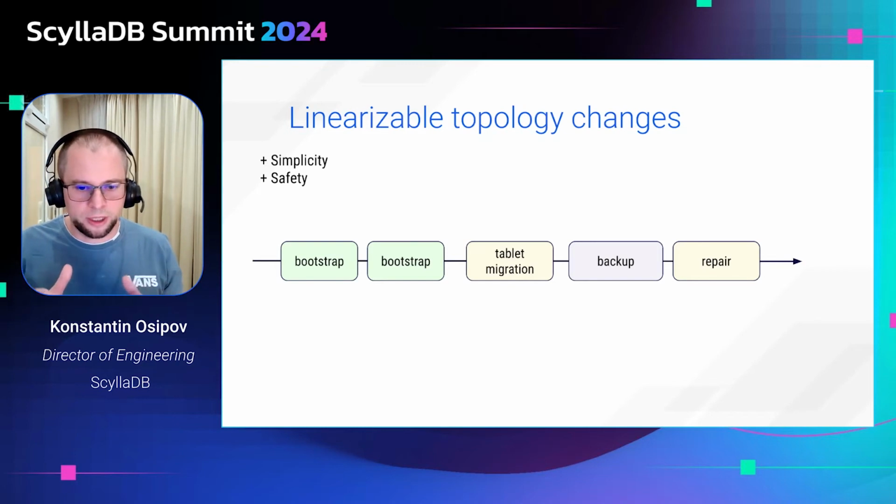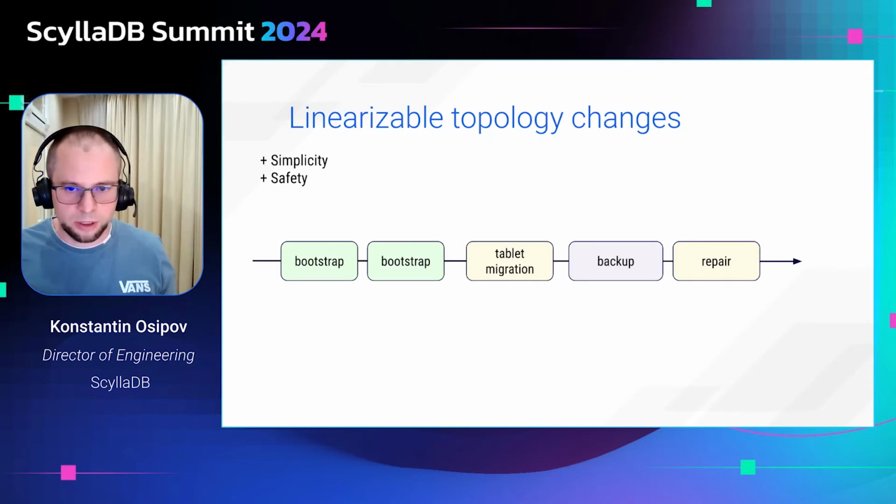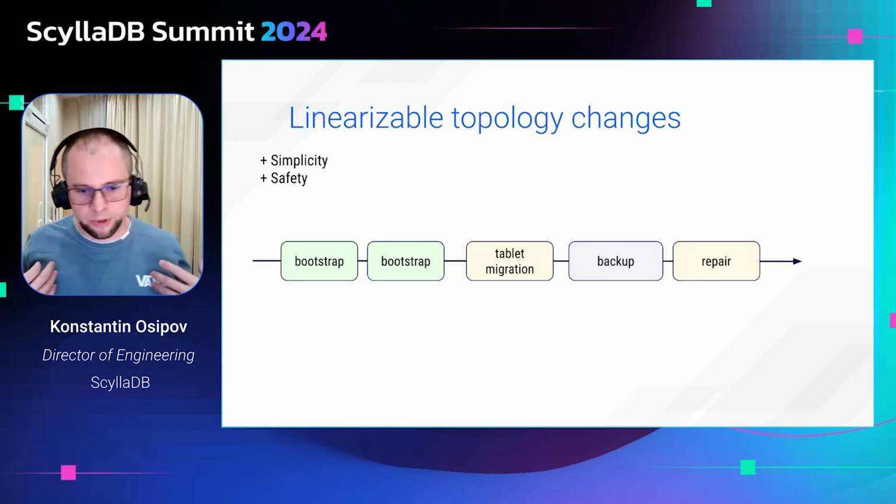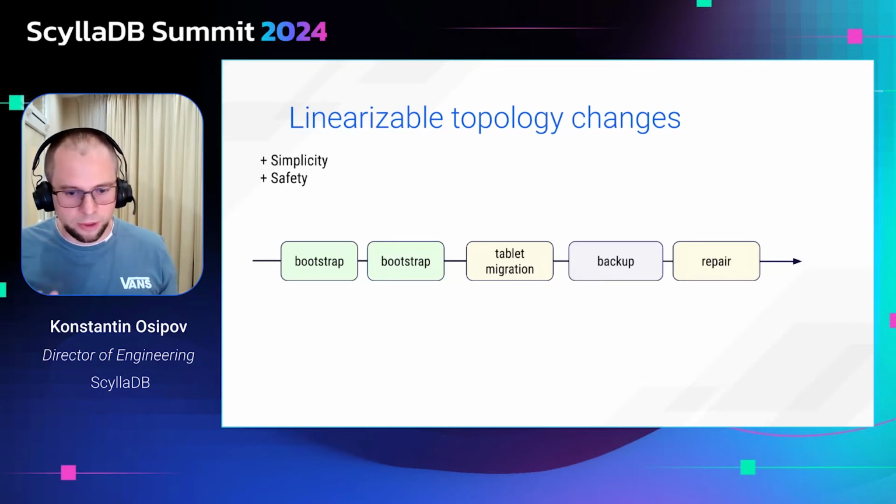All of the operations that clients, or in this case DBAs, request, create a work queue, and the topology coordinator is allowed to provide some illusion of concurrency because multiple operations can be queued at the same time. They are not rejected, and it can build a deterministic schedule, optimizing the execution of multiple operations. So for example, with tablets, we can migrate multiple tablets at once. With cleanup, we can coalesce cleanups necessary for multiple nodetool operations and so on.